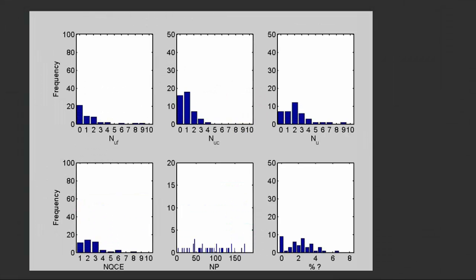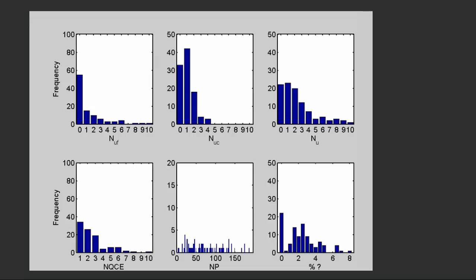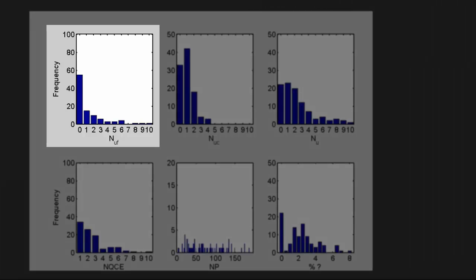What if we repeatedly simulated this exact same out-of-control situation over and over? What we're seeing here are histograms of the quantities that we've been paying attention to. The upper left panel shows the number of unacceptable results that were produced prior to the last good QC event. We call this NUF. We can see that in half of the simulations there were no unacceptable results, but there was at least one situation where there were as many as 10.